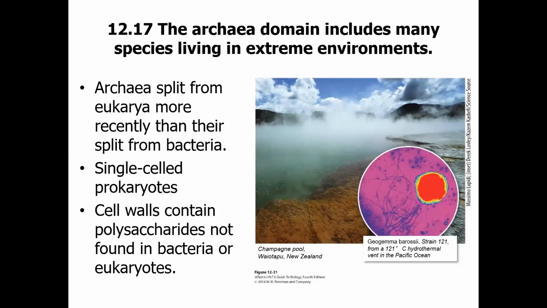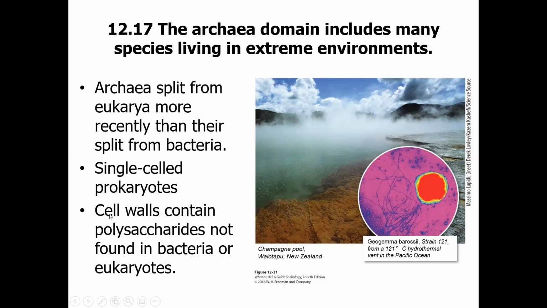Next, we have the archaea domain. These are a special type of organisms that are microscopic and live in very extreme environments. So they're more closely related to eukarya than they are to bacteria, but they look more like bacteria. Again, this is where things get confusing when you try to classify things based on similar structural features over genetic sequencing. They are also single-celled prokaryotes, so one cell is the entire organism and they don't have a nucleus.